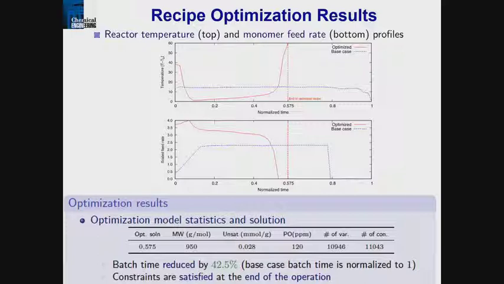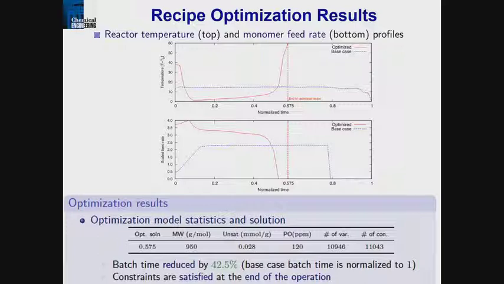What's the difference? In fact, the question they asked is, well, we already optimized it. What did you do differently? Well, the optimum actually has an interesting explanation. If you take a look at this, instead of feeding at a low temperature with a low amount of reactant, we feed at a high temperature and a rather high amount of reactant. And then a constraint kicks in right about here. Right about 0.05. And then it rides that constraint until it reacts all of the monomer, and then at that point, it kicks up the temperature again, and then stops and makes the product, okay?